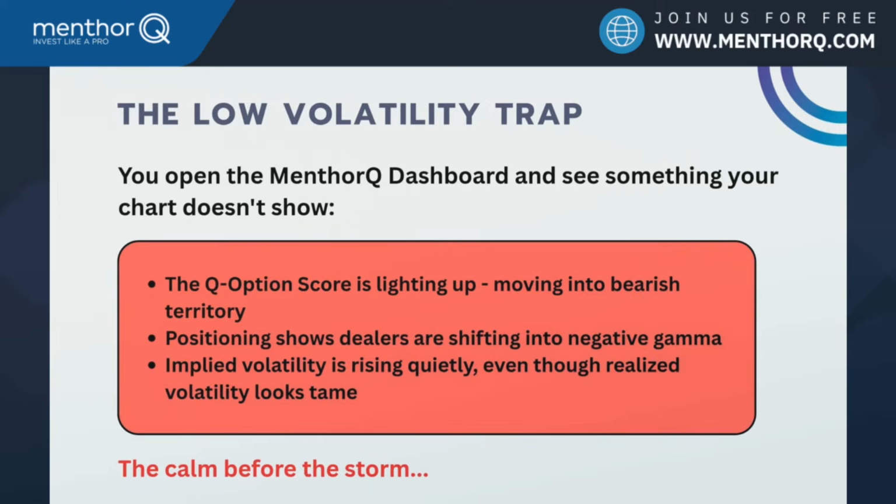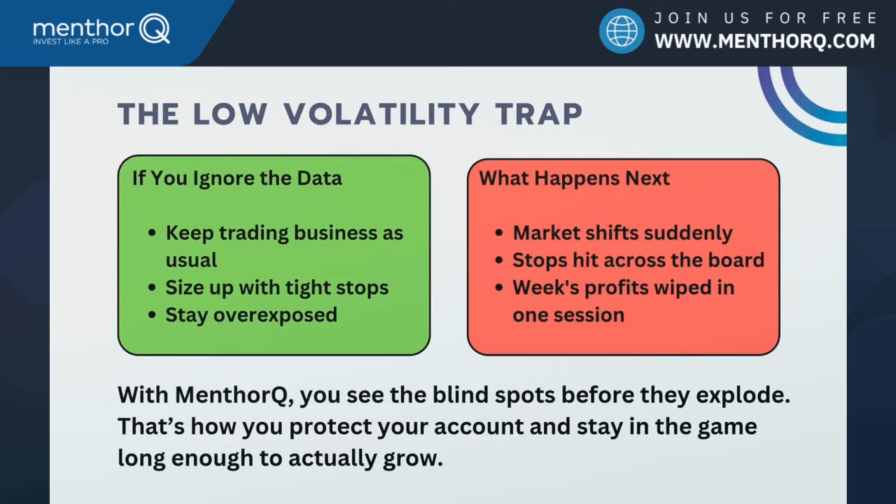So this is a typical scenario of what we call the calm before the storm, right? So on the surface, everything looks stable, but under the hood, something is changing, flow is shifting. And again, this could be the beginning of a sharp move. So what happens next? If you ignore the data, you keep trading like it's business as usual, you size up, you run tight stops, and you're overexposed. Then the market shifts. So like a headline, for example, like the event that we're going to see today, or like a flow shock or dealer adjustment triggers a fast move that is not covered by maybe a big event or big news, but basically your stops are now being hit and weeks of profit are wiped out maybe in 1 or 2 sessions, right?